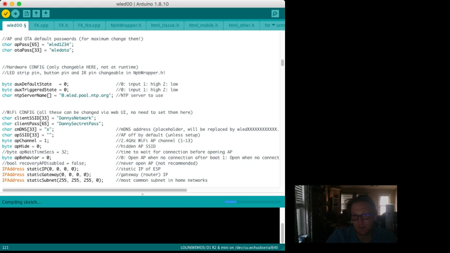So as long as I put a valid network here, when WLED boots up, it'll go straight to my Wi-Fi network. And I prefer this